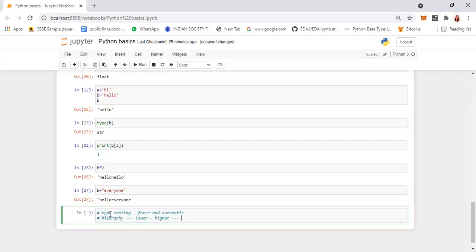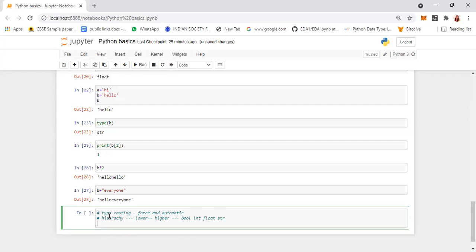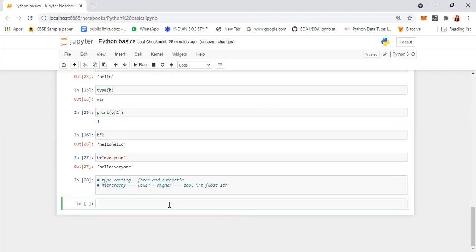The lowest in the hierarchy is Boolean, then comes int, then comes float, then comes string. So we have two types of typecasting, forced and automatic. Now we'll see one type of typecasting. Say suppose AB is equal to 5 plus 4.5 plus, say, True